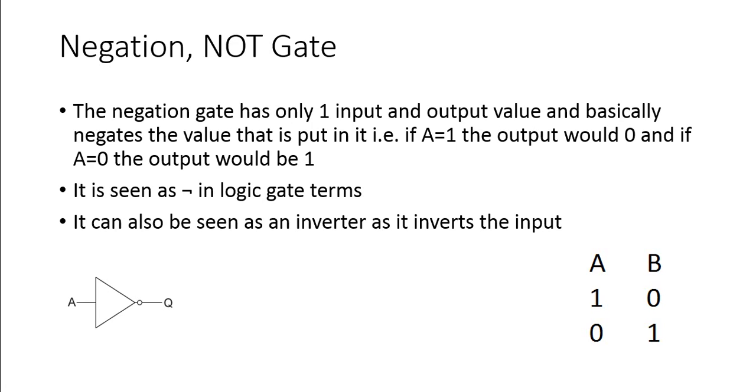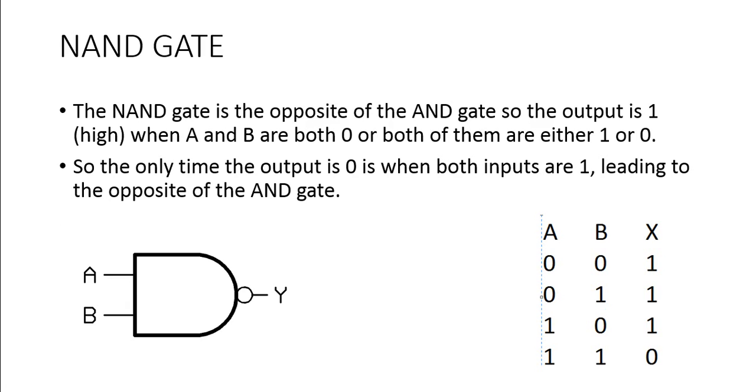I think this is the last gate. I think there's a couple more. I'm going to talk about the XOR and XNOR gates in the next video. So the next gate is the NAND gate, and as I've just said, the NAND gate is the opposite of